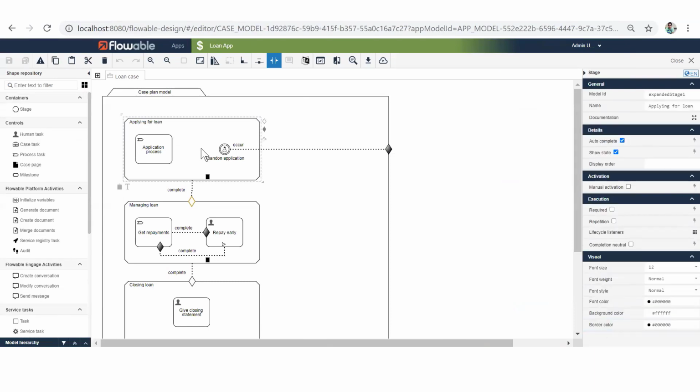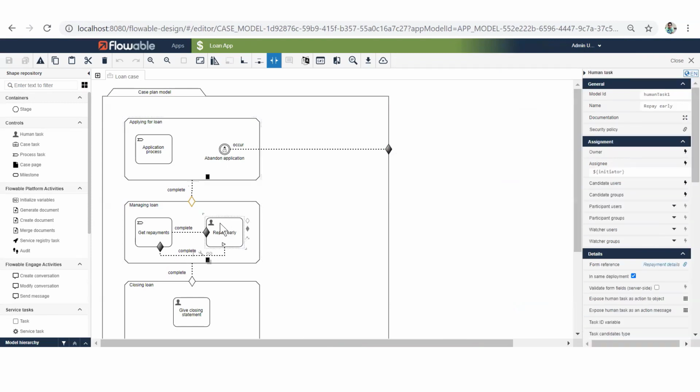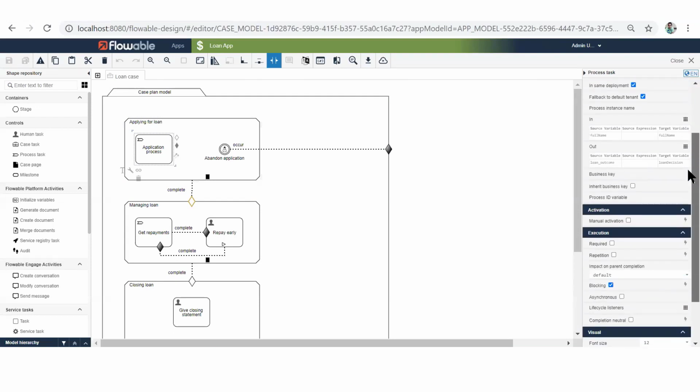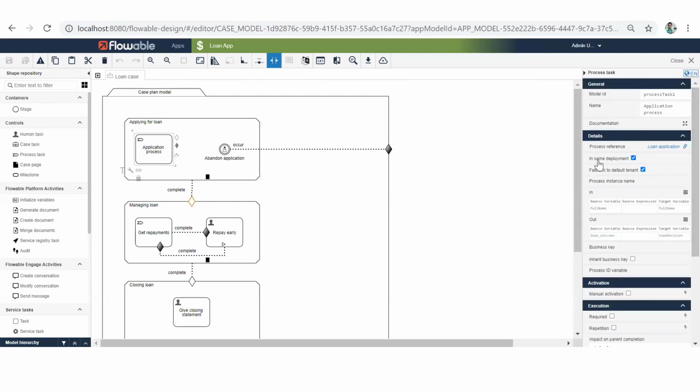These are the containers. By looking at this overview, in the middle part, this is a development window, where you can see this complete workflow has been designed, and internally it is using BPMN and DMN as well. I'll tell you about that as well. On the right hand side, whenever I click on any element, it will show the property details of that particular element. As a developer, you can configure or change these properties as per your use case.